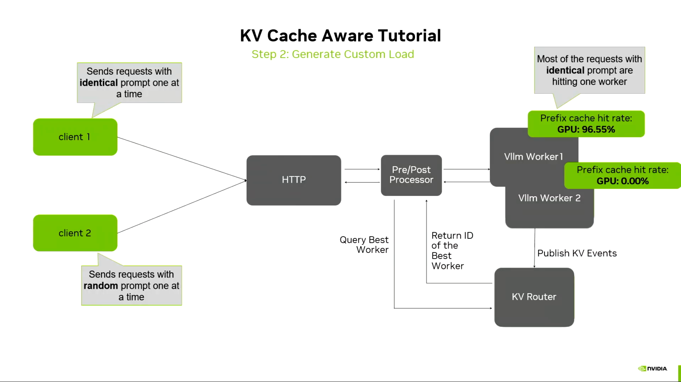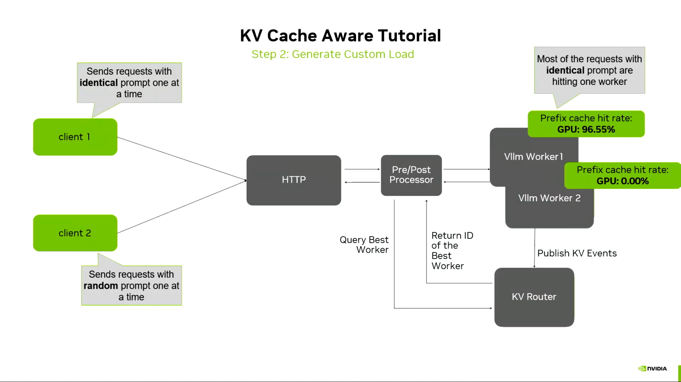So what I did, I created 2 clients. One client would send the same prompt again and again, one after the other. Client 2 generates random prompts, one after the other. The load isn't high because we have 2 workers, we have 2 clients who are just sending 1 request at a time. So the router